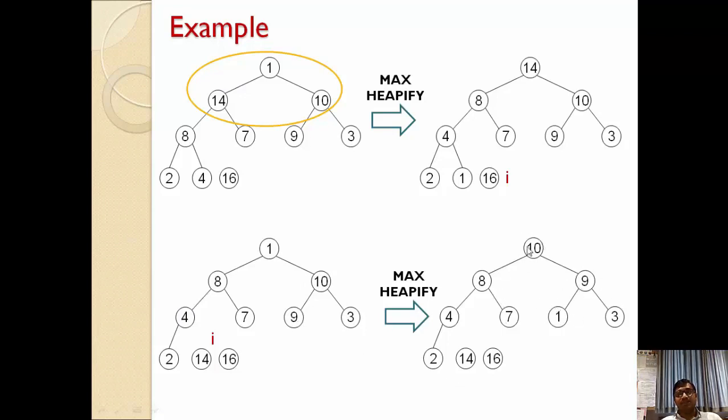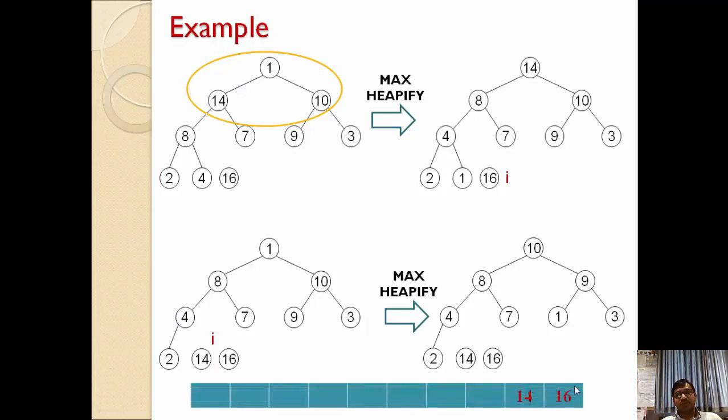Now the largest element, 10, is available on the root node. We need to remove it, but we cannot directly remove it. We need to swap it with the last element, the 2. So swap our 10 with the 2, then 2 will move here and 10 will move to the end of the list, so that we can easily remove it, right? This removed part we need to store inside a separate array. So 16 will be stored and then 14 will be stored, 16 and 14.